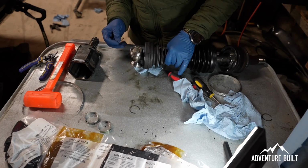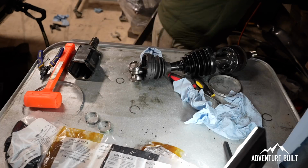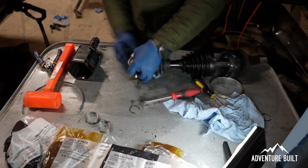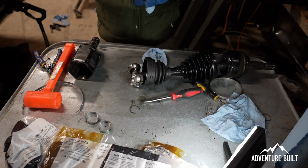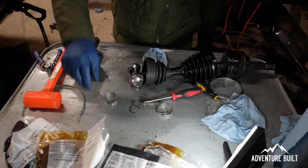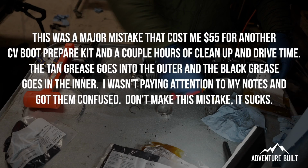Clip back in to hold this part in for good. It's seated nice and tight. Now to repack the grease. So for the grease, the tan goes on the inner, which is...